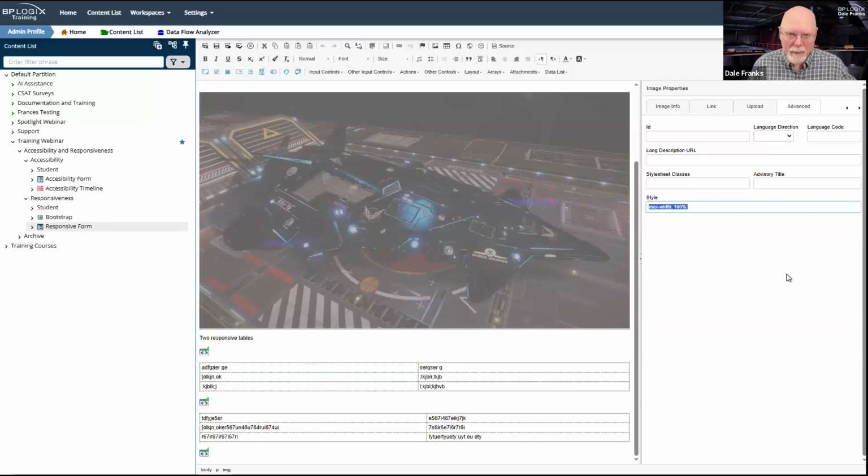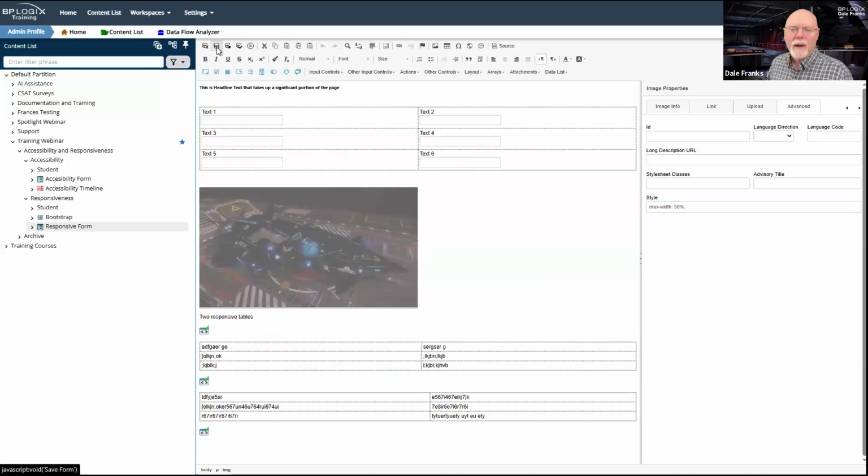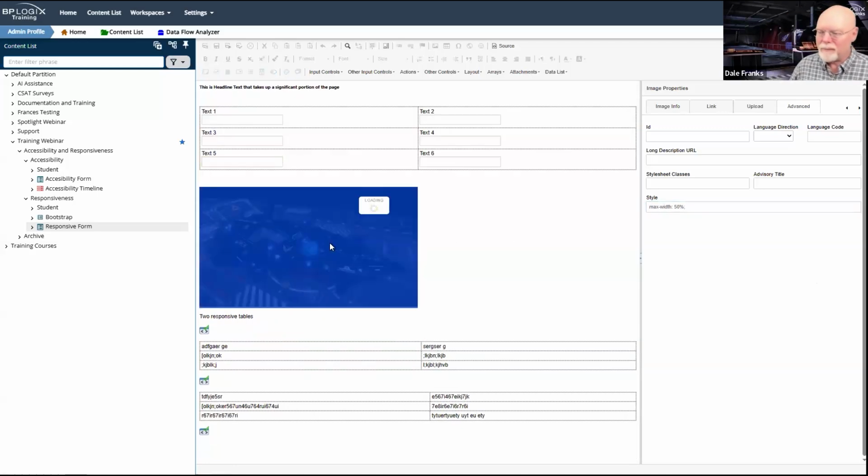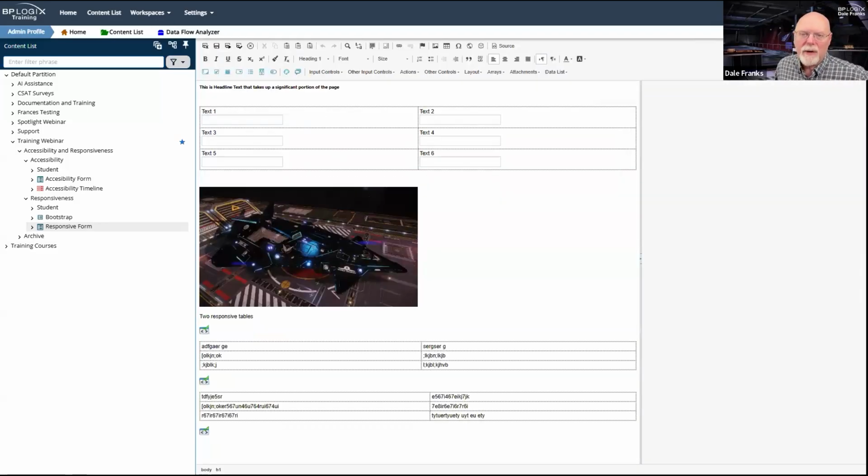The container may be a page, it may be a section, it may be a table cell. Whatever that container size is, in this case, it just happens to be the page width. This picture is going to take up 100% of the page width. And if I change that to 50% and I save it, note that here in the design view, it automatically resized itself to 50%.